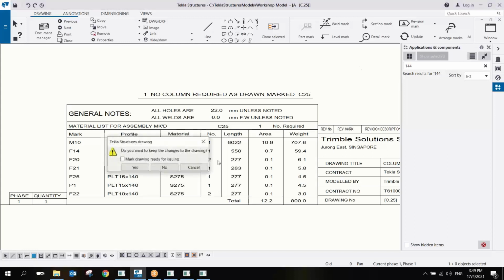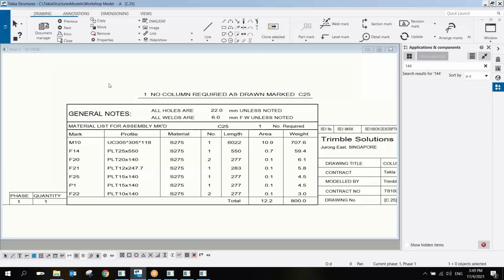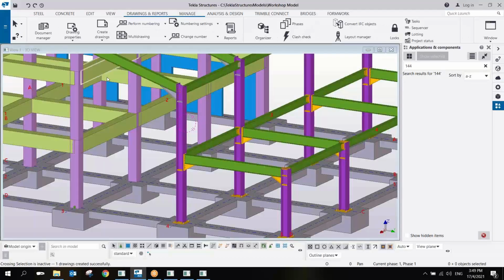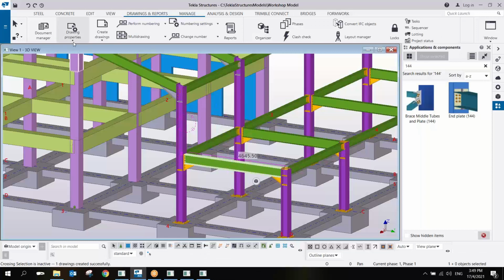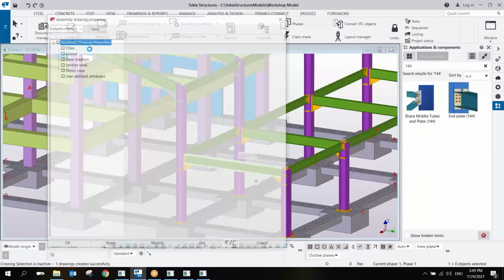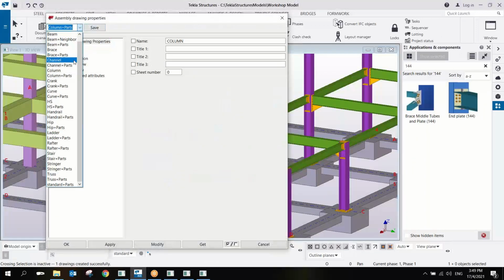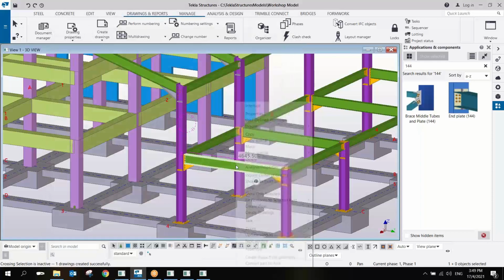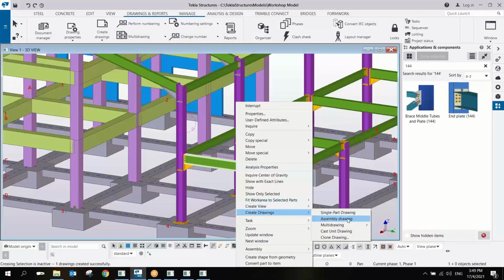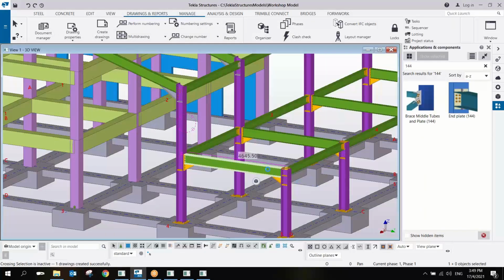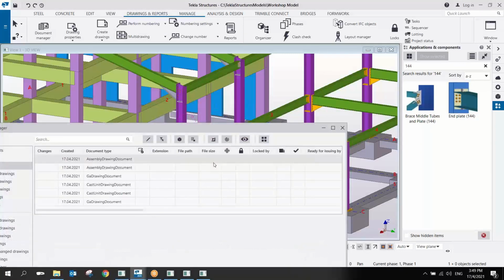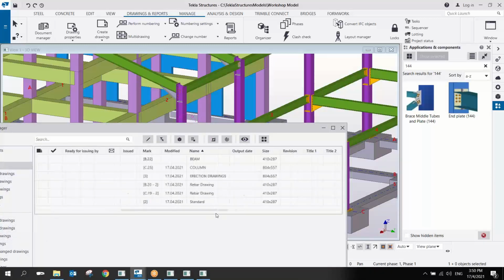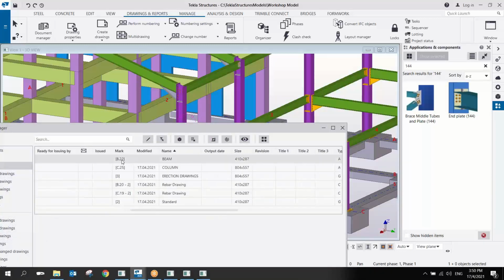All right, so let's try another drawing. Let's say this beam. So again, I will call now the beam with parts. Apply and okay. So select this beam and then create assembly drawing. So once it's created, go to the document manager and then here look for the beam. This one, beam